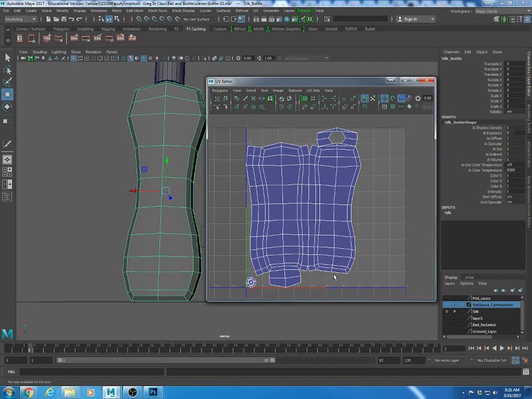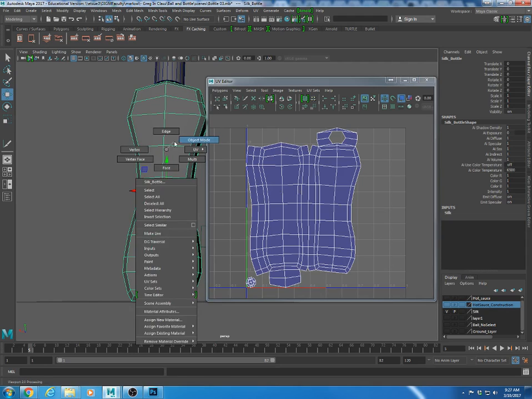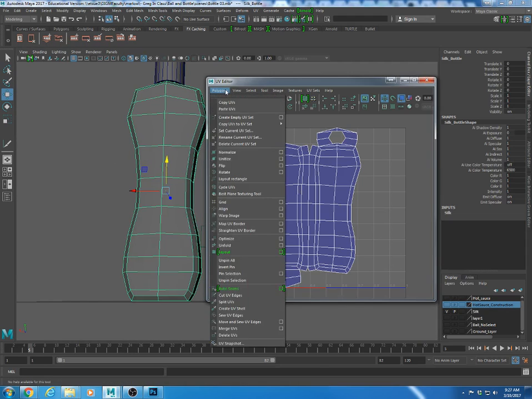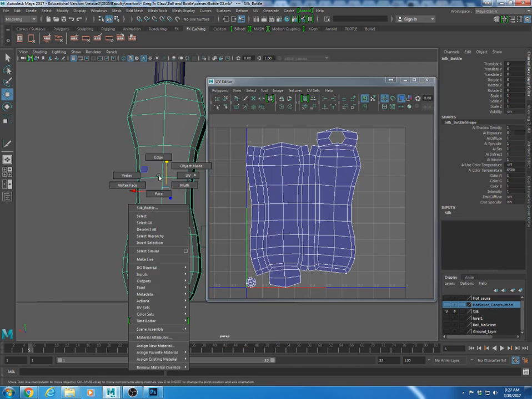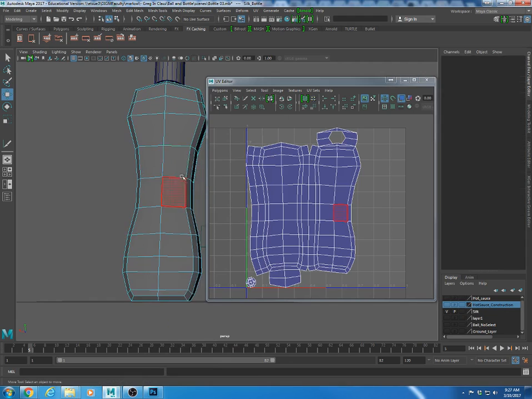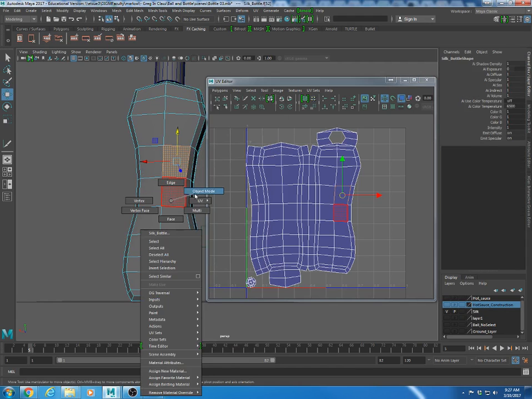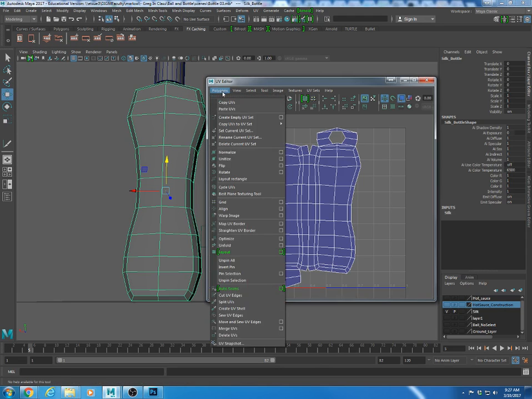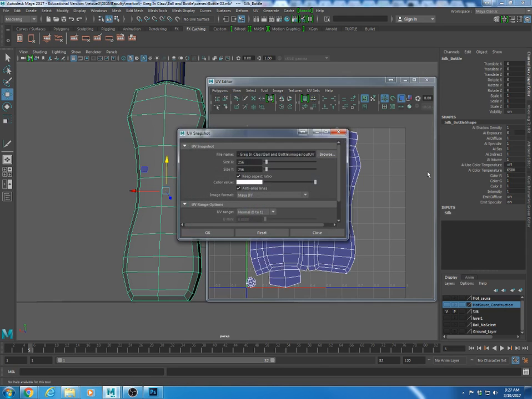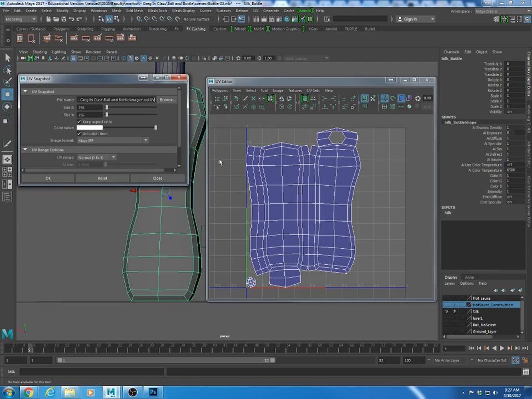I want to show you now, now that we have this, what do we do with it? So what I'm going to do is go polygons, UV snapshot. Now I have to do this with the entire object selected. If you have a face selected, the UV snapshot won't work. So choose object, polygon, UV snapshot. And what this is going to allow us to do is save a, sorry,